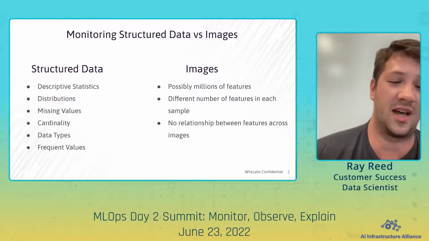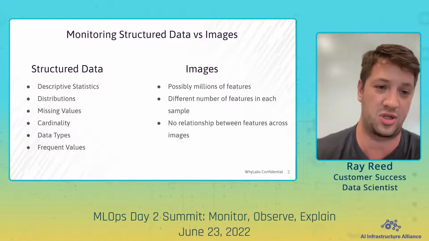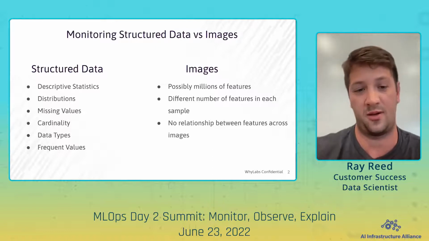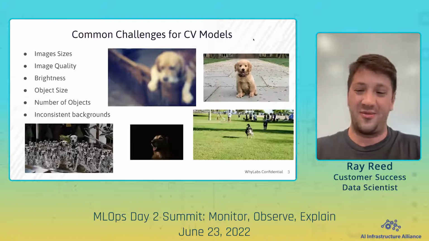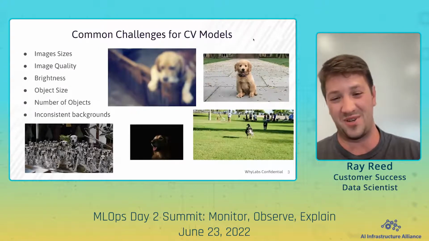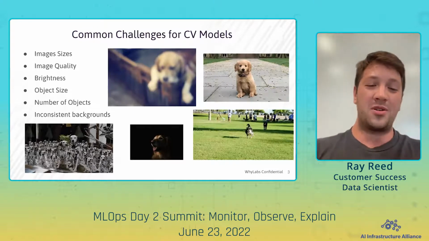And we might not even have the same number of features from image to image. So we need a very different approach than what we do for structured data for images. And before, of course, it's a computer vision demo, so we're going to see dogs and cats. But before we talk about